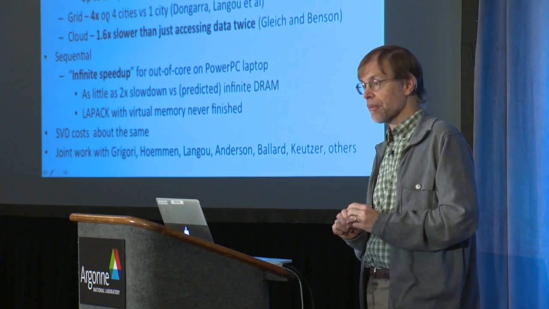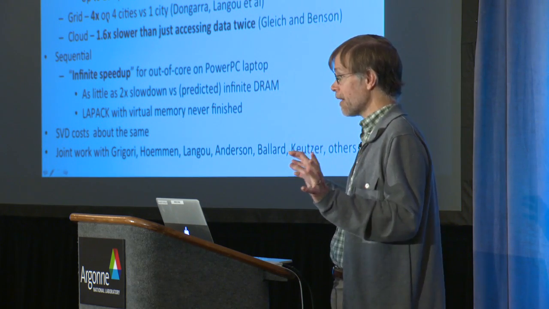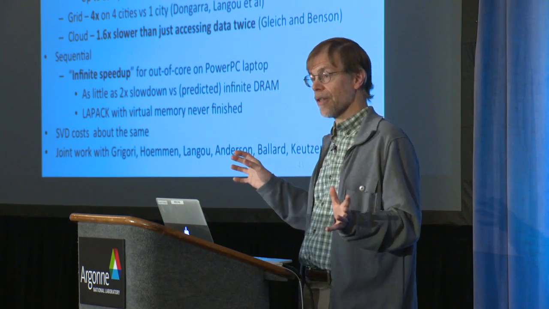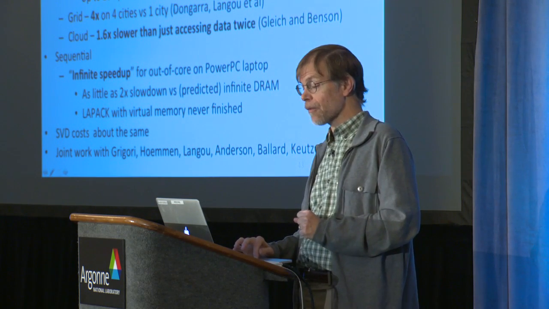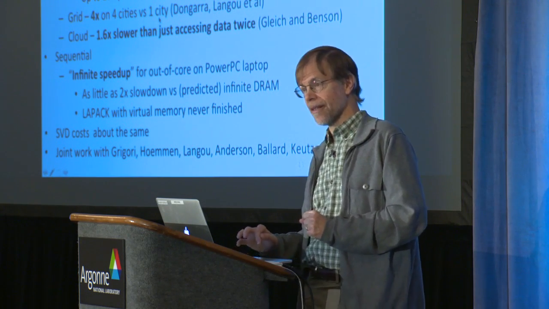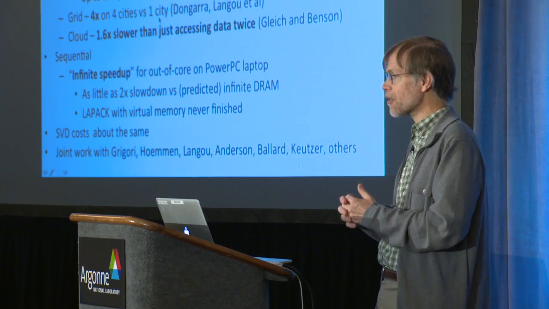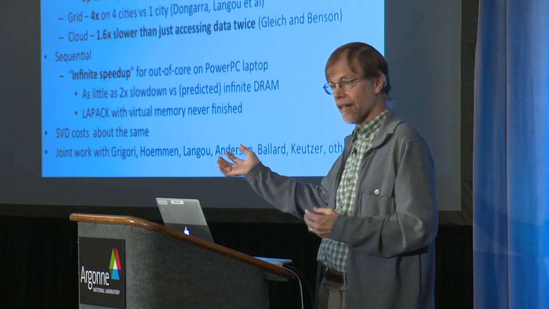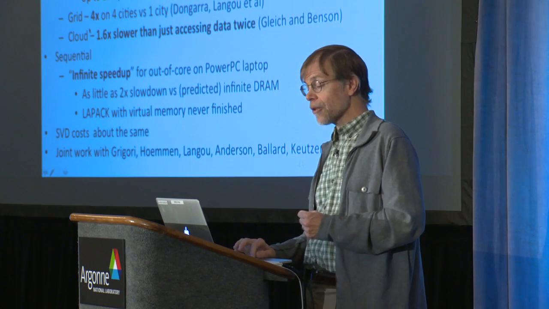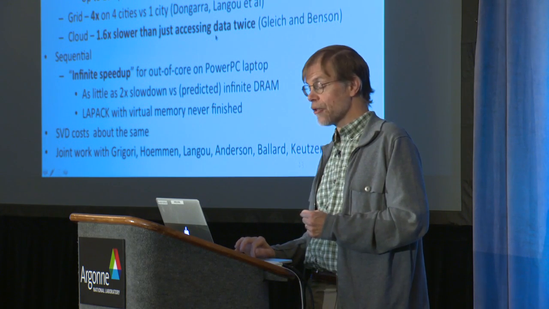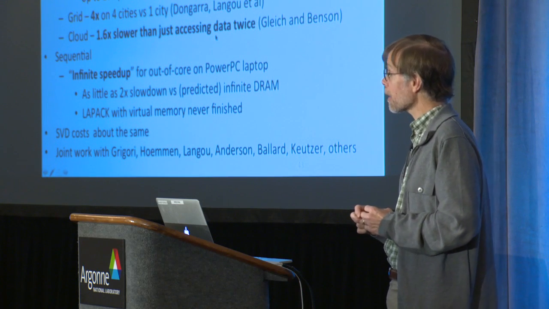This was an interesting experiment. There were 4 French cities. Each one had some of the data, and they were connected over the internet. And it went 4 times faster to do it over 4 cities versus doing it on 1 city. So there was perfect speedup. You can imagine there's a lot of latency going over the internet between different cities, and so this could hide the whole thing. And we also have this implemented originally in Hadoop, and now it's also available in Spark,